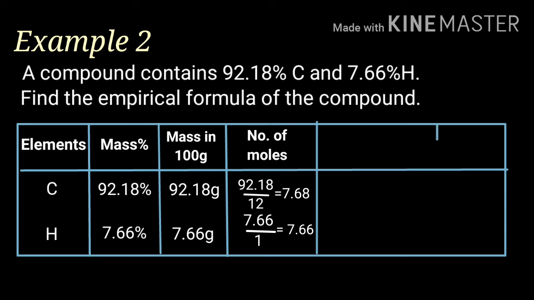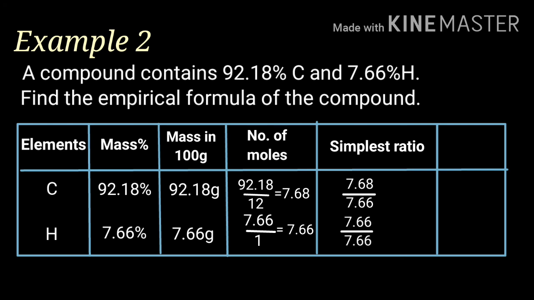So, the simple ratio of these is obtained by dividing both by 7.66, and that is almost equal to 1 for carbon and same value 1 for hydrogen. That is, the simplest ratio between number of moles of carbon and hydrogen atoms is 1:1, which is a whole number ratio. Hence, the empirical formula is